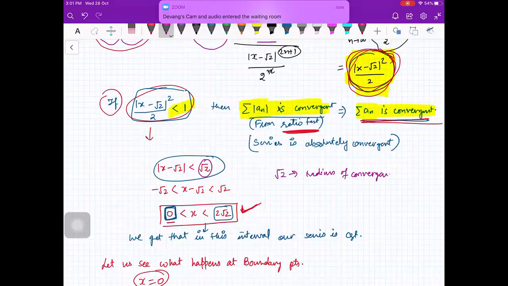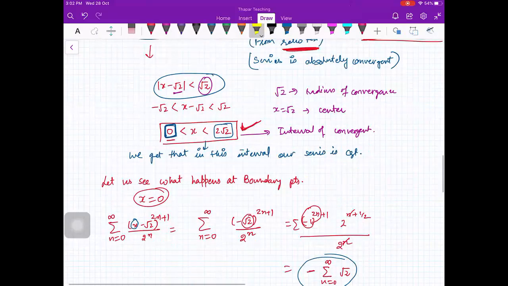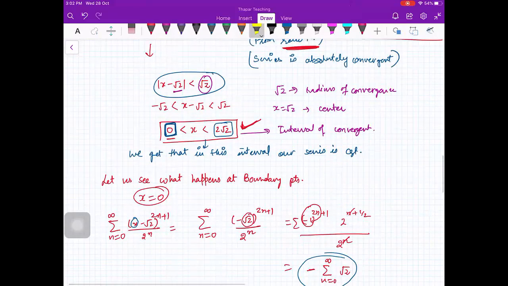And root 2 is your center, and also this is your interval of convergence. At the boundary points, we have to check separately. So we are checking here at the boundary points. Okay. So at x is equal to 0,